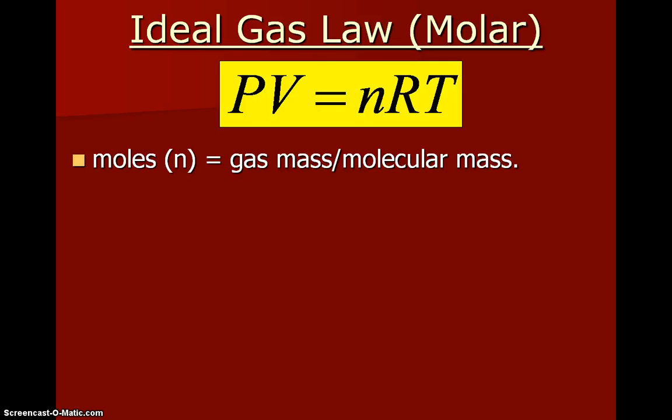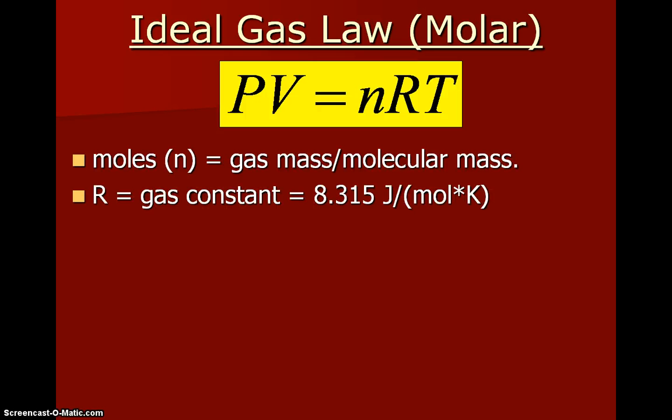But this really just relates the pressure and the volume and the temperature to the amount of the gas that we have. Now the gas constant is 8.315, and we're missing a variable here. I think it should say atmospheres or kilopascals. We'll look that up on the front of your reference table, but it's a constant value, and